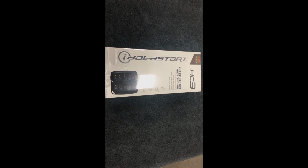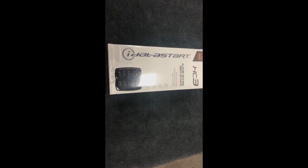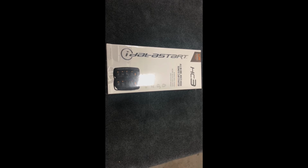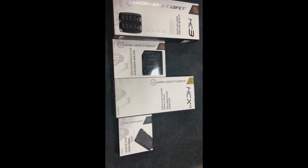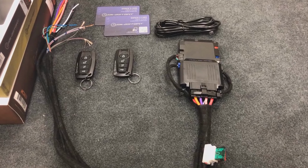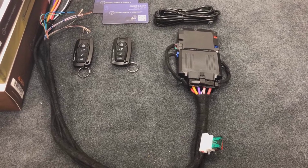And this is the remote starter that we're putting into this vehicle. It's the iDatastart HC3452. Comes with two LED two-way remotes. Very fast system, as I'll show you guys once it's all finished. It's a nice system. We actually use this quite often. So before we get started prepping the vehicle, we need to turn all of this into all of this. And then of course we turn all of that mess into this neatly built harness that's all ready to go